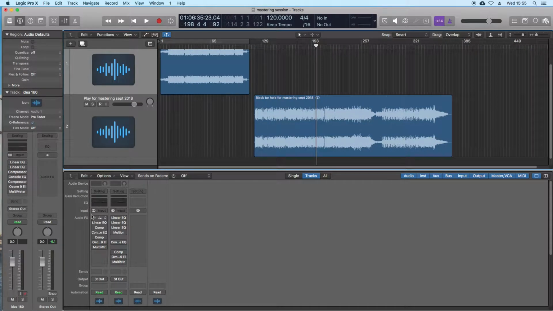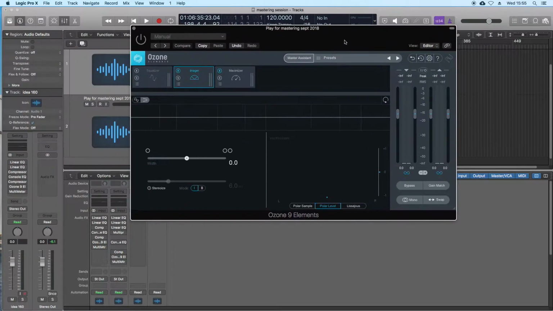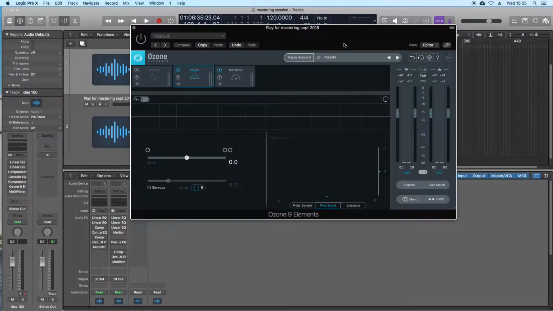So I've got some different signal chains here. Now, one thing I am using on both is this Ozone Elements plugin, which I'm hoping is still free. It was. Anyway, I told you about it, so it would have been good to get this. If you don't have it, the imager is still free, and you can do the other bits